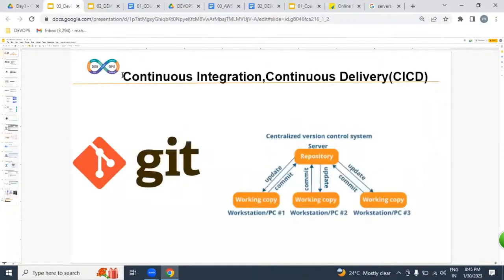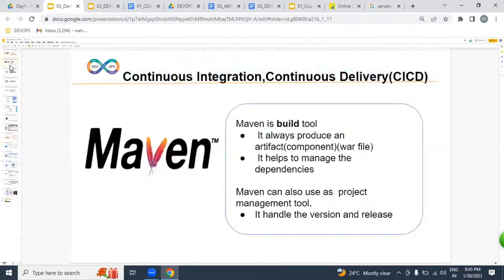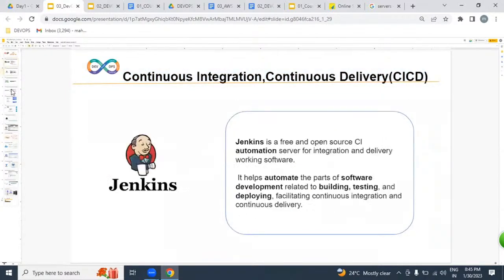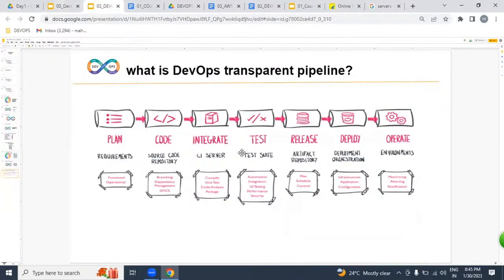We are going to be implementing CI/CD, continuous integration, continuous delivery. In this CI/CD process, we are going to be learning Git, Maven, Jenkins, JFrog, Sonar. With the help of these 5 tools, we are going to be implementing CI/CD.